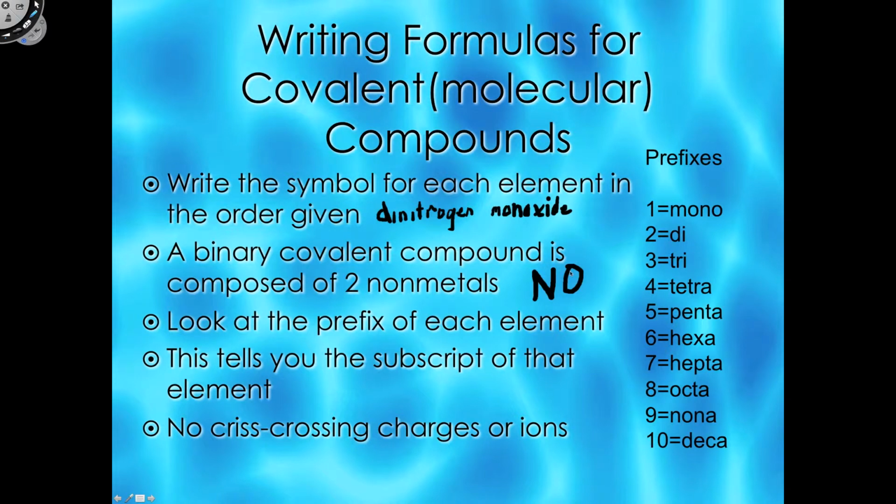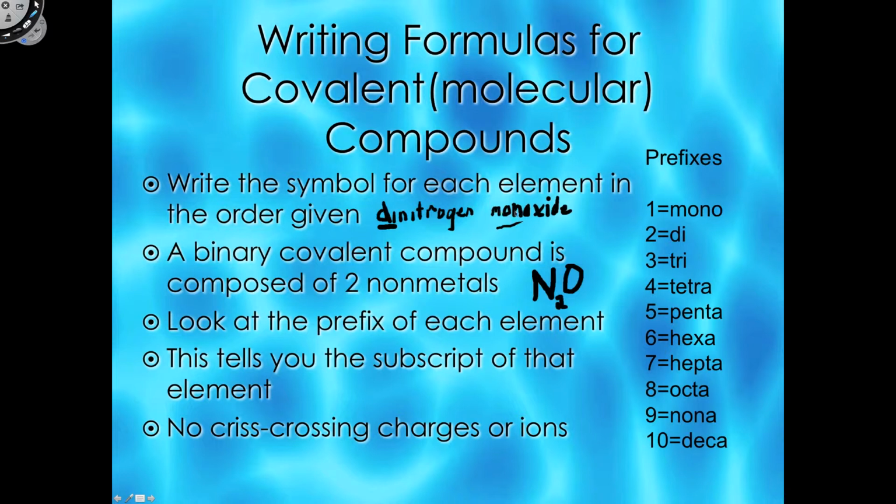And a binary covalent compound is composed of two nonmetals. We see it's nitrogen and oxygen. Look at the prefix of each one. Nitrogen has a di prefix, so we go over here and we see that di means 2. So we're going to put a 2 on the end. And then mono means 1. Well, we don't write a 1 because I've already taught you that 1s are understood. So there's the formula, N2O